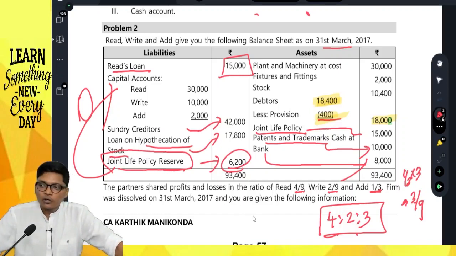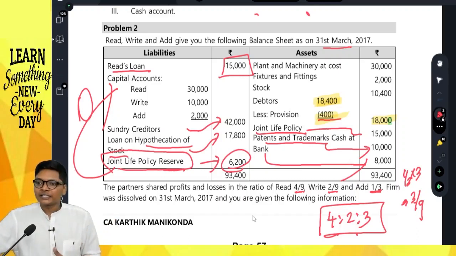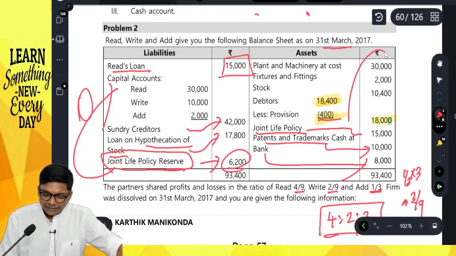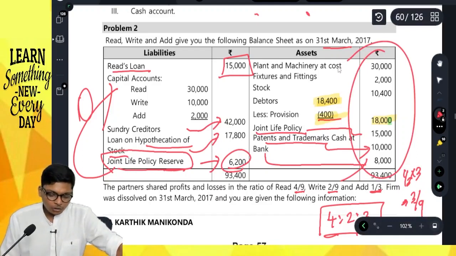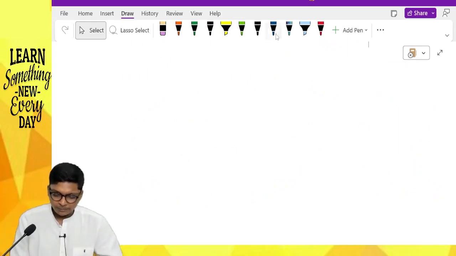Hello, are you guys able to follow, guys? First, forget the adjustments. Open the 3 ledgers and do the transfer entries. You have done it 2 times. Transfer all the assets to realization account, all the liabilities to realization account, all capital to respective accounts. I will also open the ledgers parallelly over here,